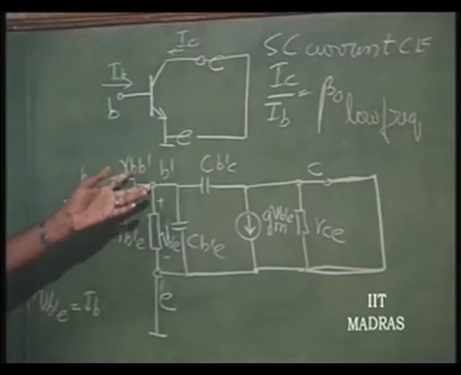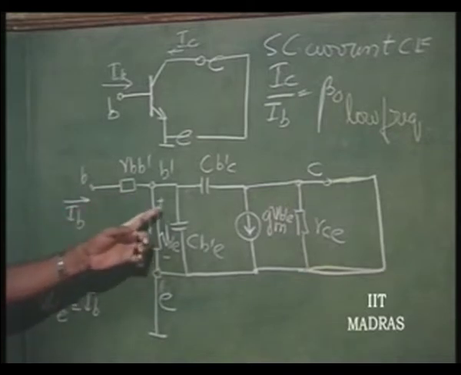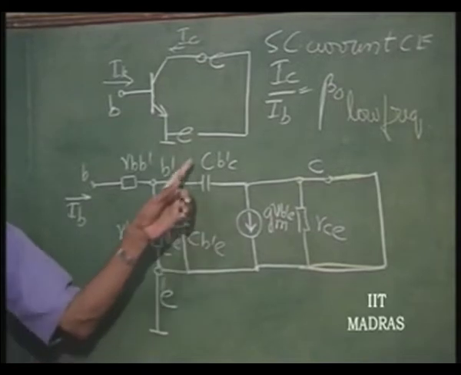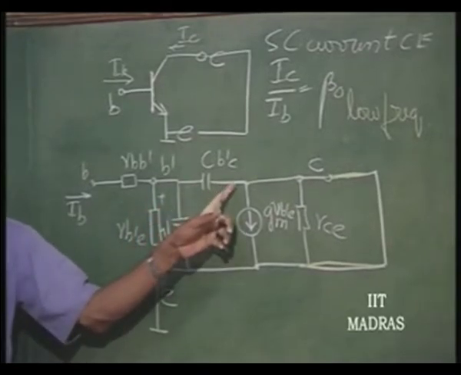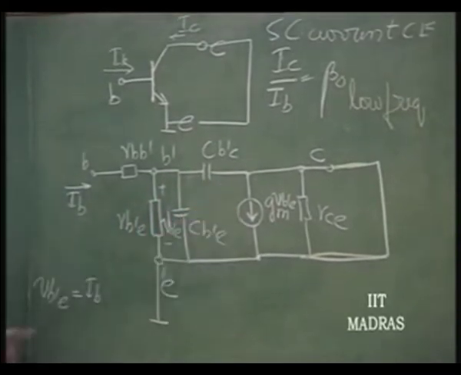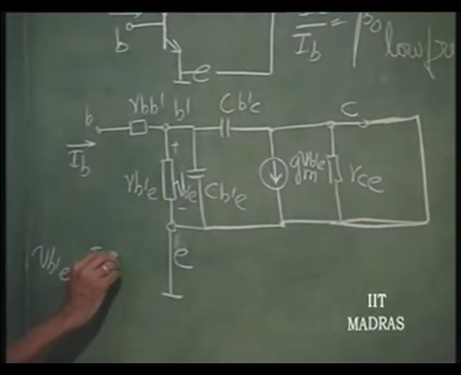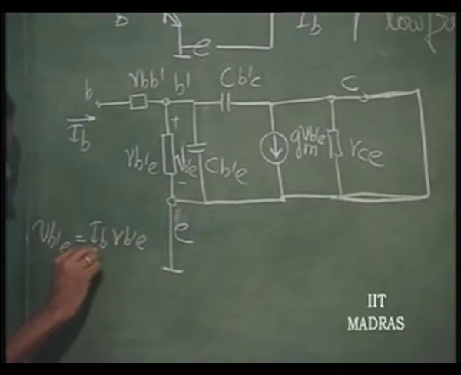So, rbb' does not come into the picture. This IB will now flow through, the output being shorted. So, Cb'e comes in parallel with Cb'c. So, effectively you have a resistance rb'e,